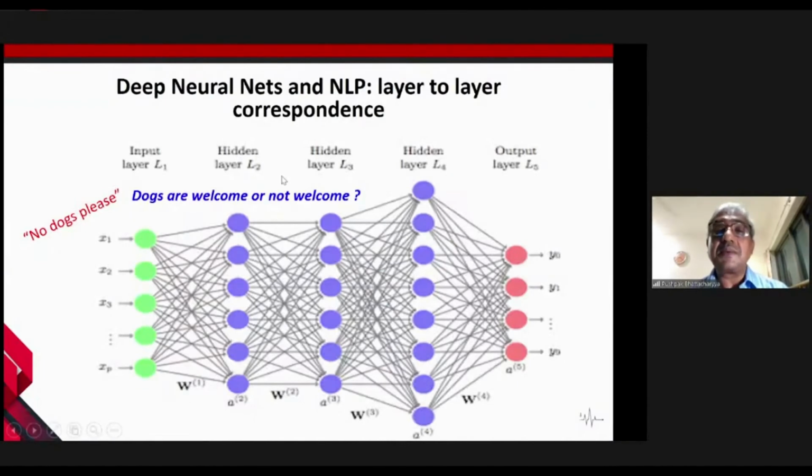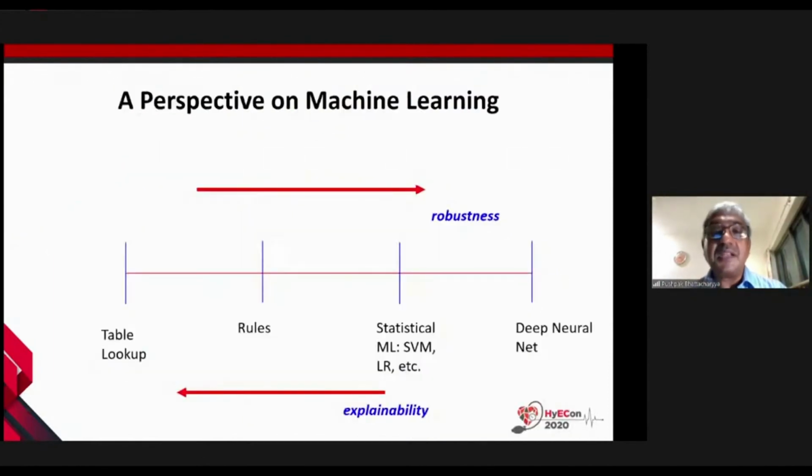Now, deep neural networks have come into the field. They are doing pretty well on natural language processing also. So if you take a sentence like "No dogs, please," then dogs are welcome. "No dogs, please," then this is the opposite meaning. Dogs are not welcome. So this kind of layered processing in a deep neural network can handle this kind of ambiguity quite a lot. And ambiguity is present in medical reports. Medical reports are rife with ambiguity. We have seen it again and again over many years.